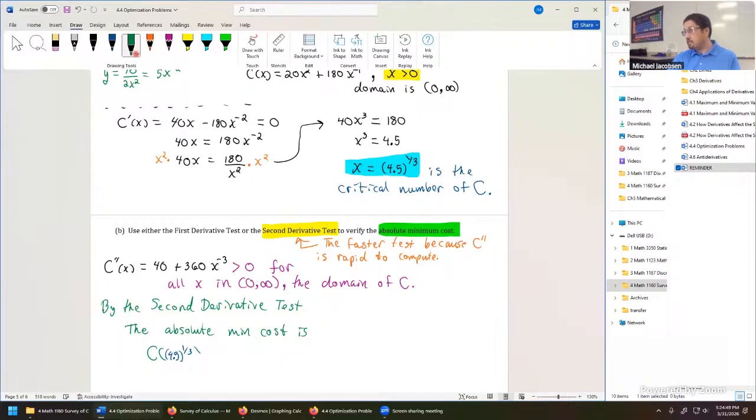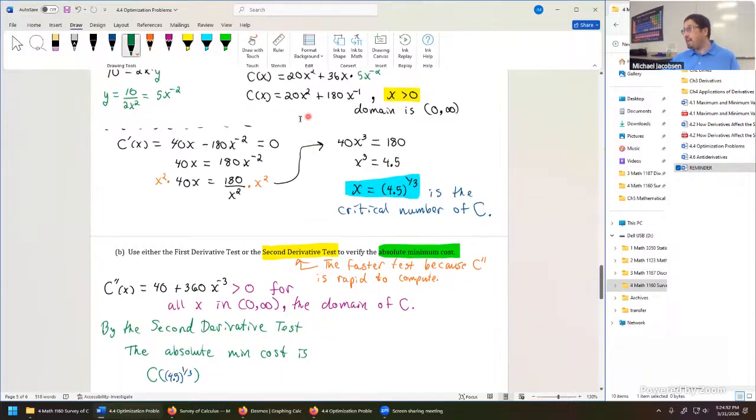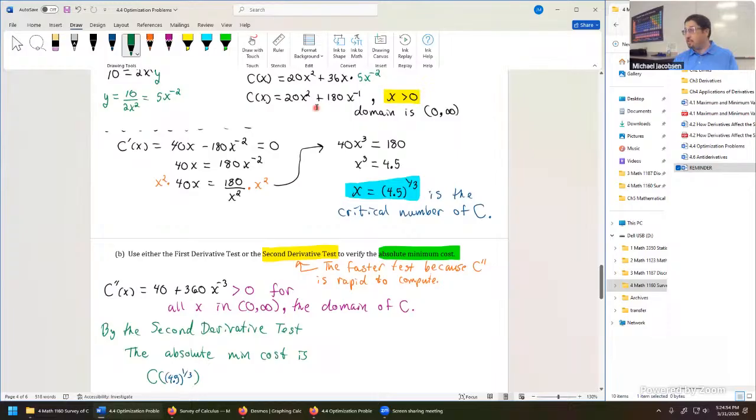but for doing that cost, we have to go back to this original cost function all the way here at the very top. Let me circle it temporarily up here just to make it pop out. So we really had three functions we had to analyze. The original cost function, which we built from scratch. The first derivative just to get a critical number, and then we're totally done with that in the second derivative test. Then there's the second derivative, but we don't plug the critical number here because we're looking for the absolute minimum. We take the critical number, we plug it into that original cost function to get the minimum cost, and